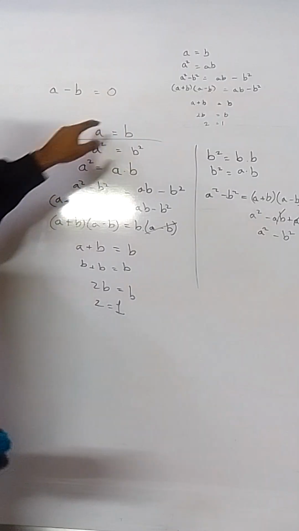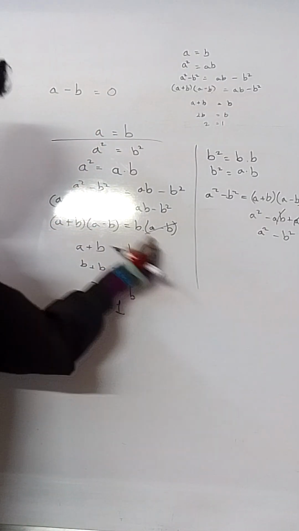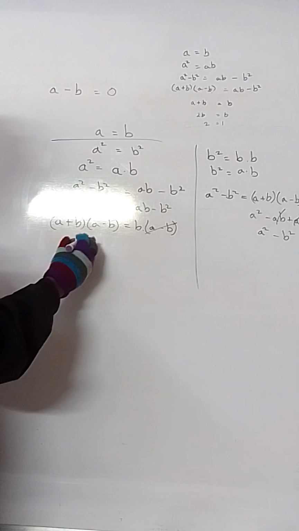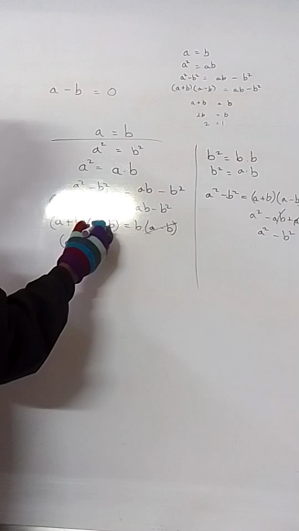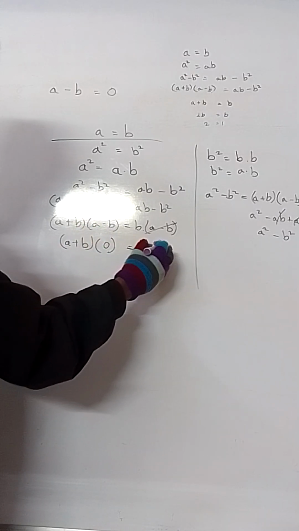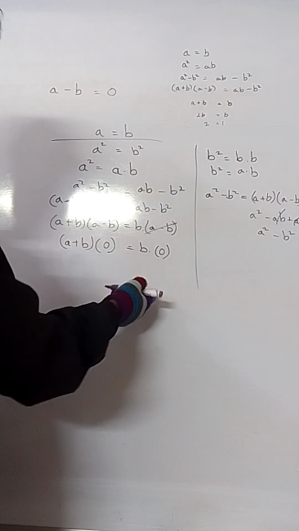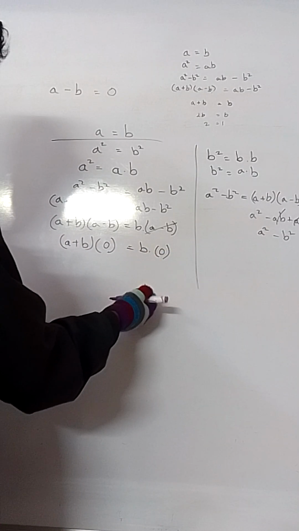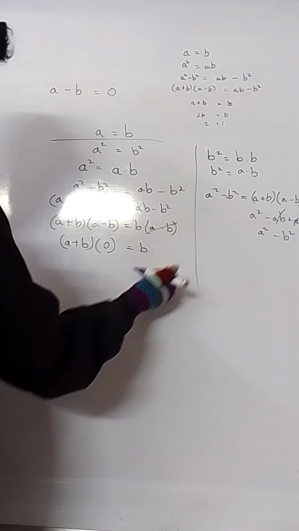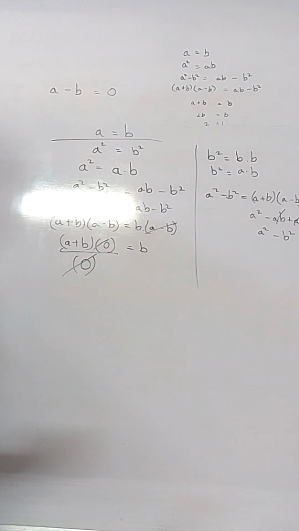A minus B will be equal to 0, and that is exactly what is here. So this actually is 0. A plus B into whatever this is, because they are equal, this is 0. B into 0. And you cannot divide by 0. You cannot divide by this 0 and make it up here and just cancel it out. That won't work,